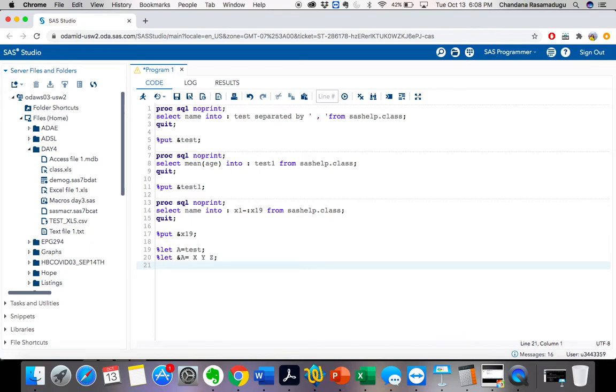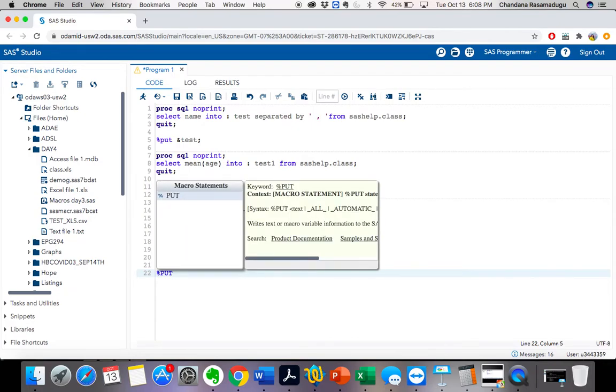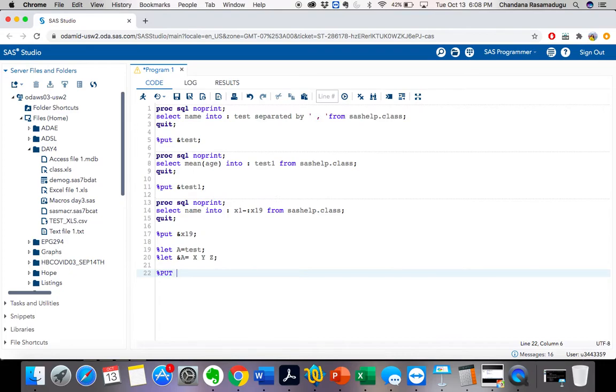So when I call this by using %put, I want to call ampersand a. Okay, what will be my value if I call ampersand a? Whether this a or this a.